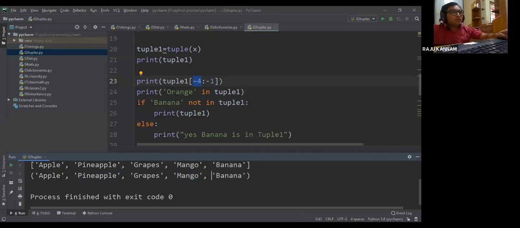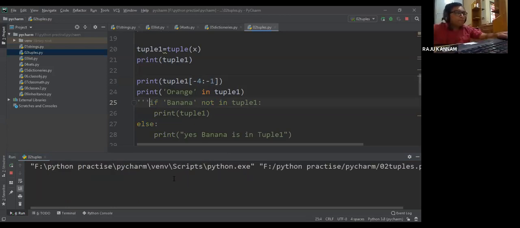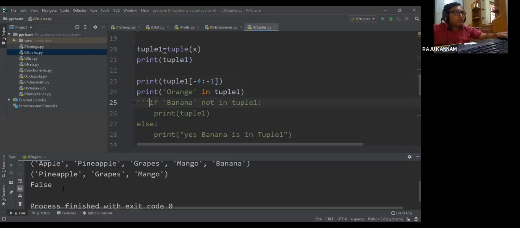Now if we execute this, one more extra line will be printed here. Pineapple, grapes and mango will be printed. And here we are printing whether orange is in tuple 1.